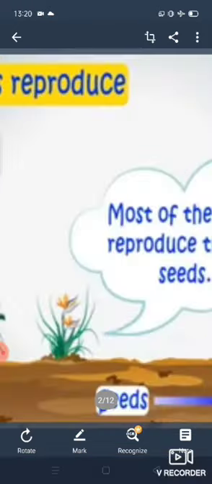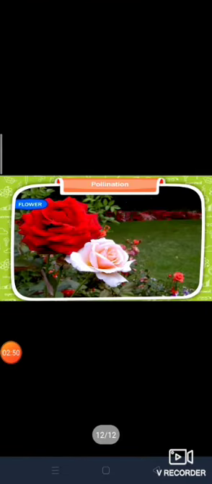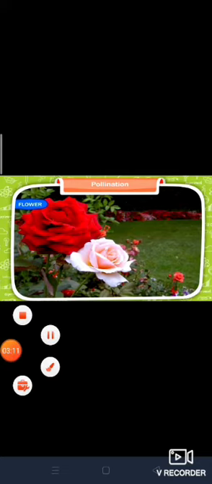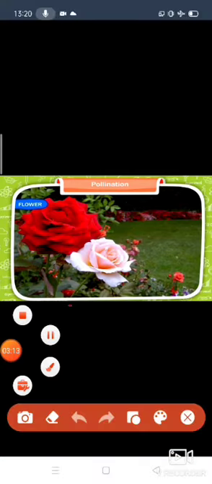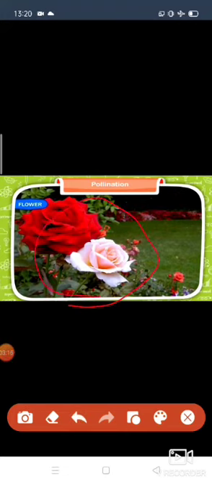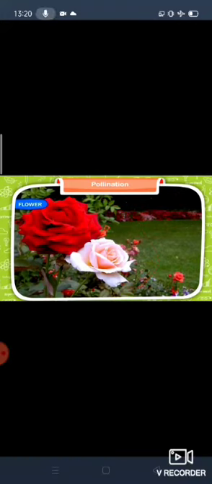Okay, so let us go, children. Before we learn about the reproduction of plants, we will know about the flower. Why flower? Because the flower is the most beautiful part of a plant, which is not only colorful but is also the reproductive part of a plant. Children, the flower is the reproductive part of a plant, through which we can get the same plants.